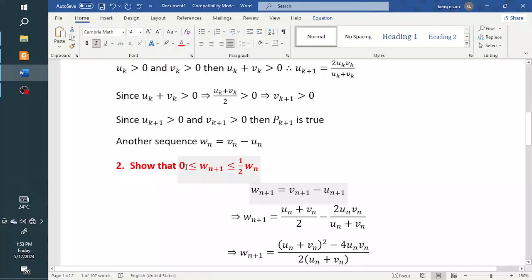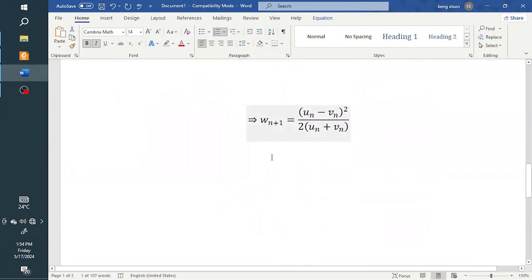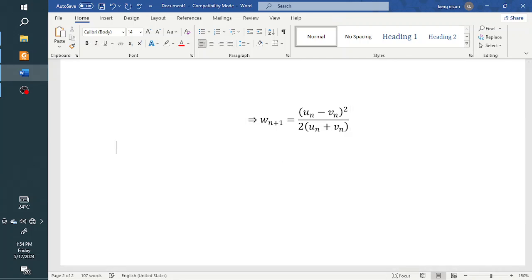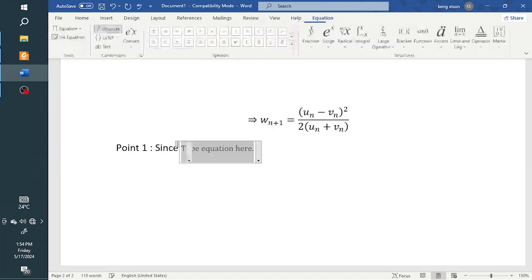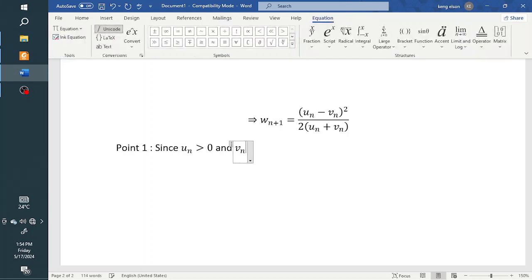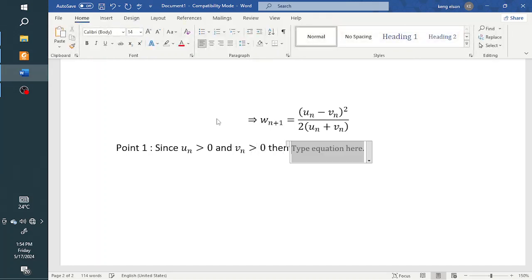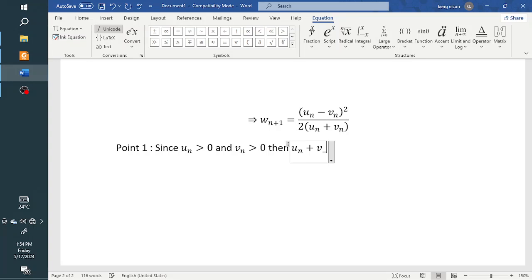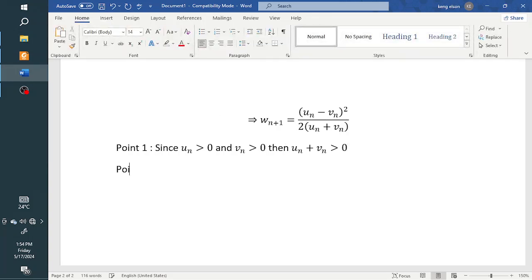We need to prove that wn plus 1 is first of all greater than 0, before less than half wn. So let's begin with the fact that, let me say point 1. You realize that since un is greater than 0 and vn is also greater than 0, then we have that un plus vn is greater than 0. Okay, point 2. We have that